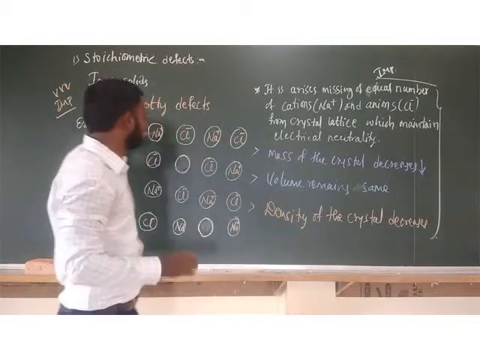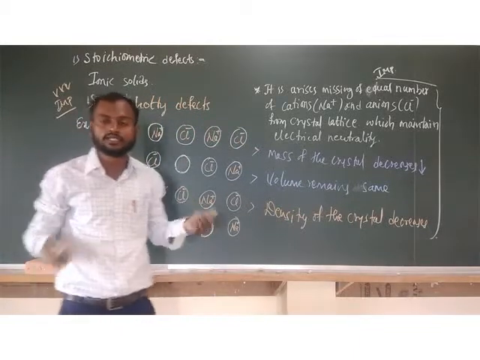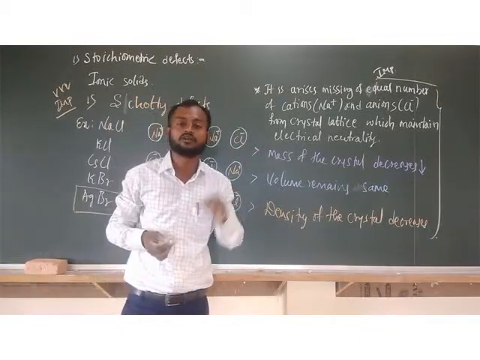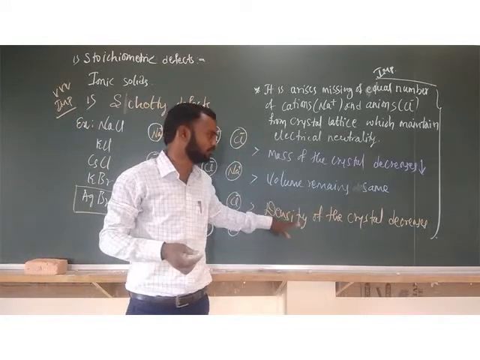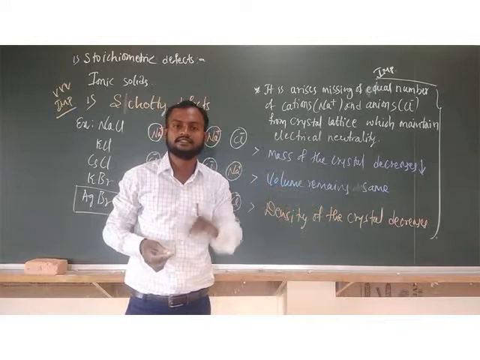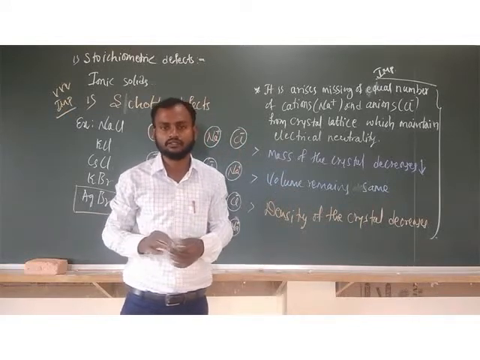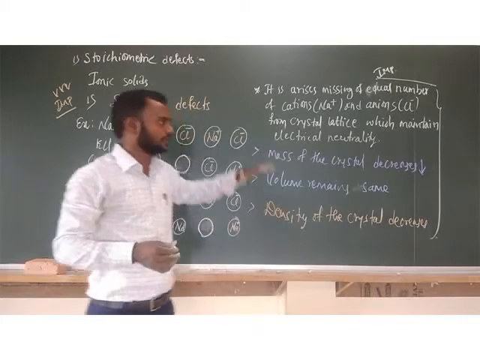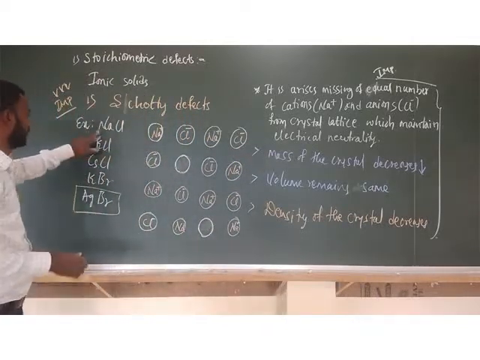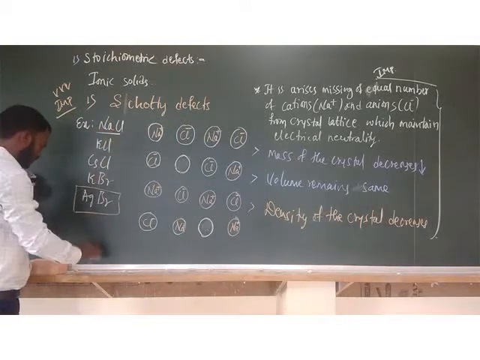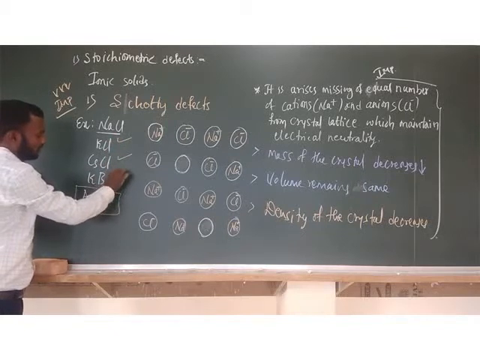And the volume remains the same. Then what about the density of the crystals in a Schottky defect? If the mass decreases, the density of the crystal lattice decreases in case of Schottky defects. Clear, my dear students? The best examples for the Schottky defects are sodium chloride, potassium chloride KCl, cesium chloride,